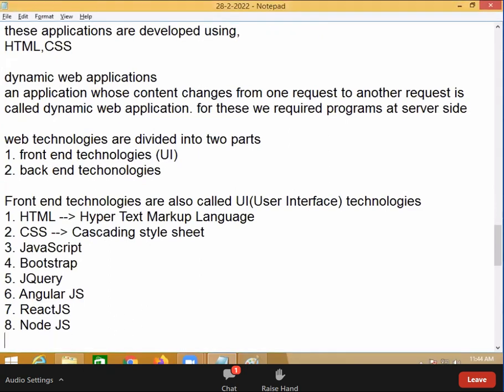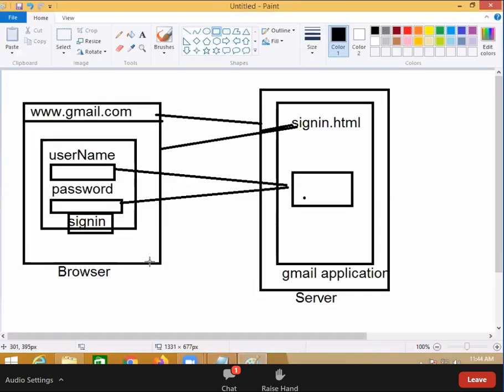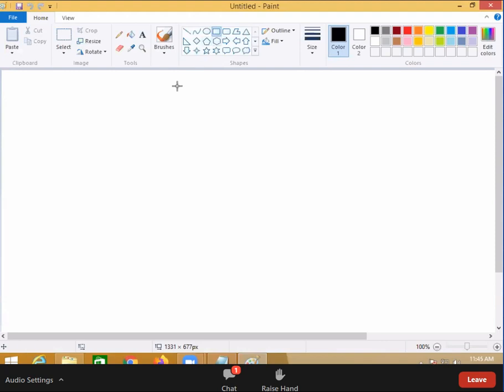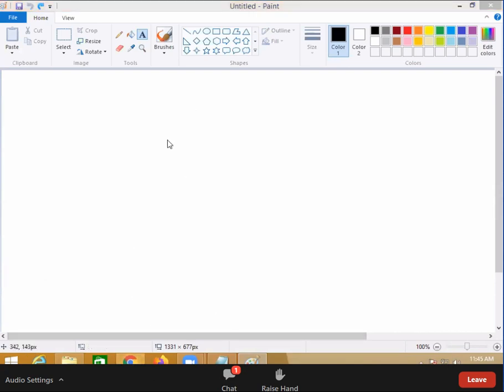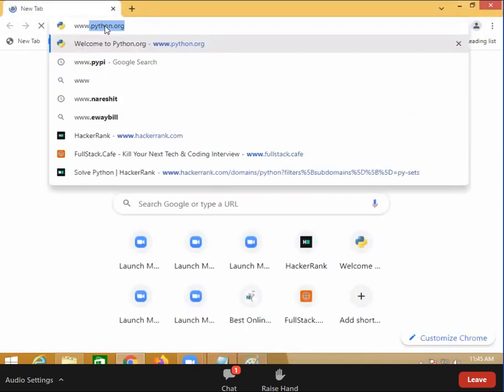This is user interface. You are developing a user interface, a UI. For example, so